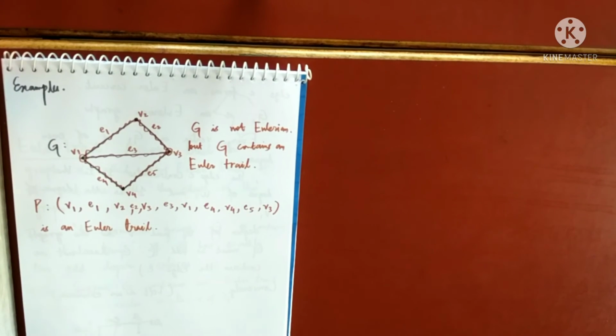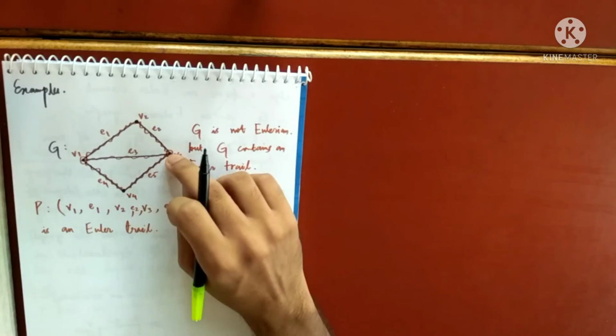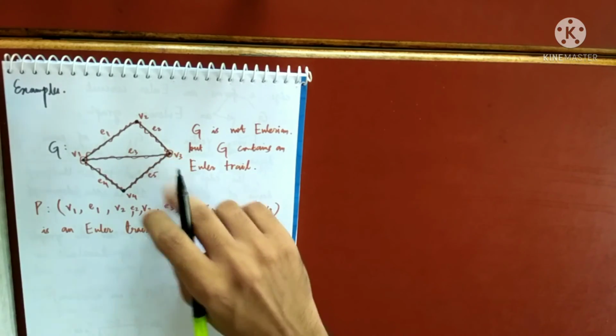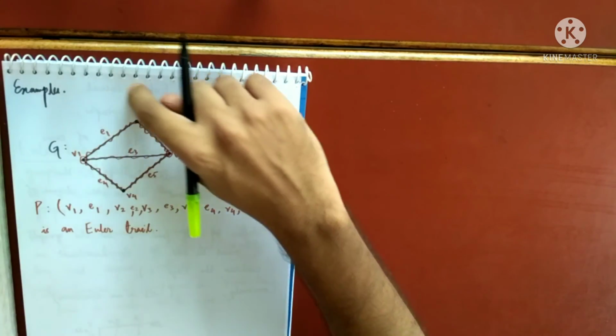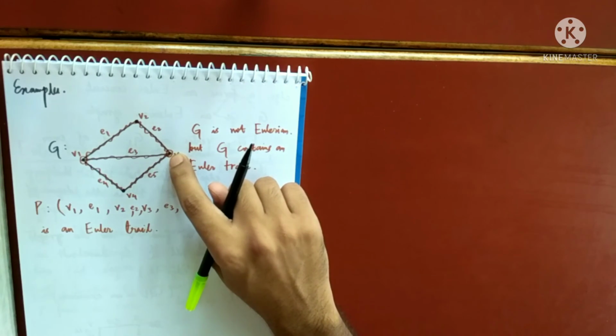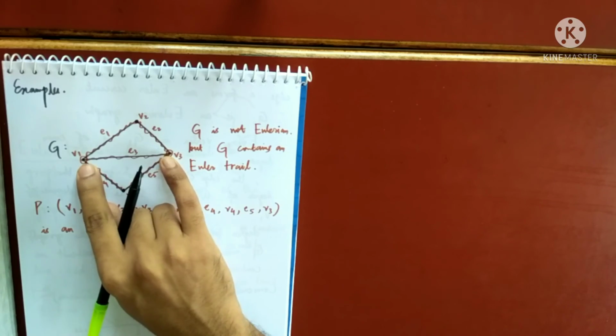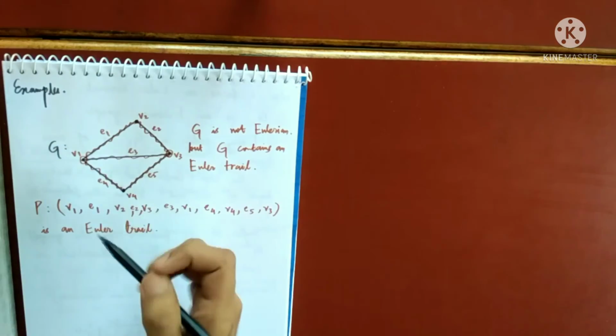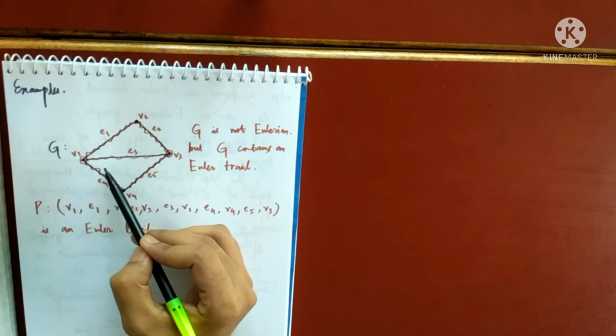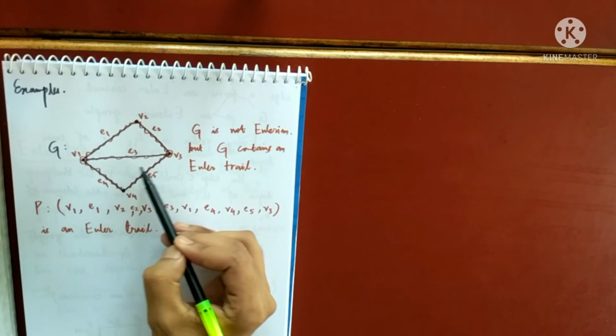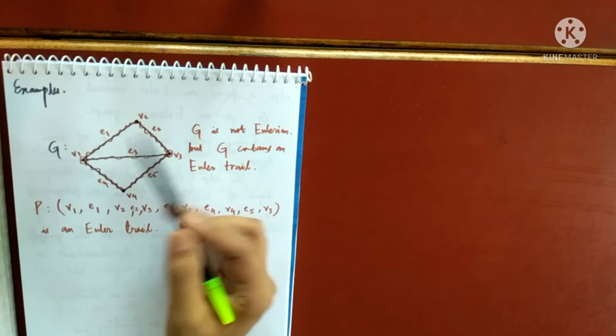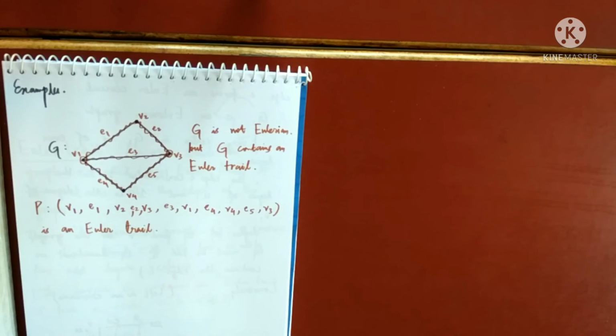Now see, try to understand. You can make this graph Eulerian. How? By constructing an edge between V1 and V3, and this is what I did in the previous theorem. So these two are of odd degree. If I draw an edge connecting V1 and V3, then all of their degrees must be even, and hence that will be an Eulerian graph.